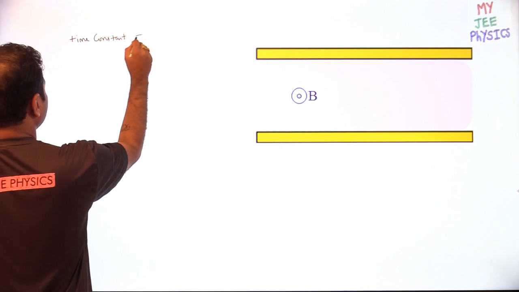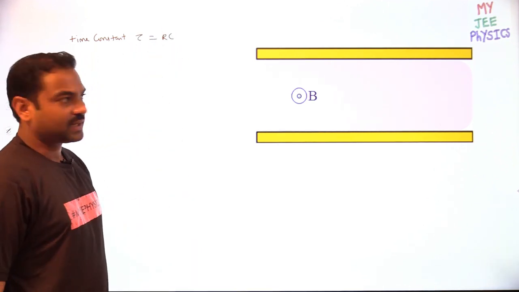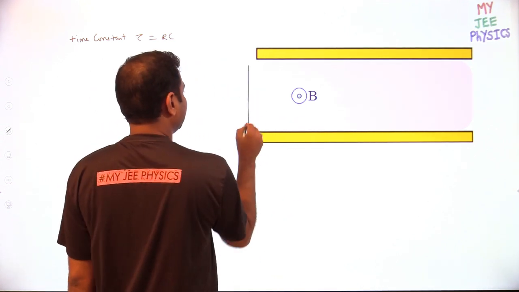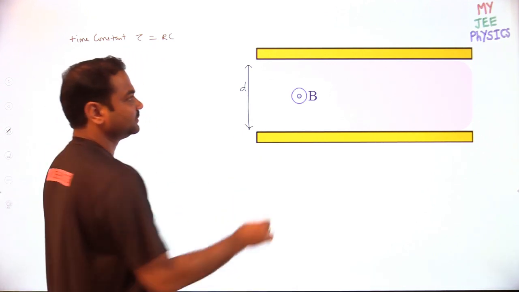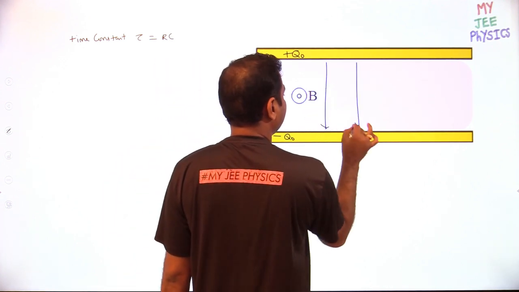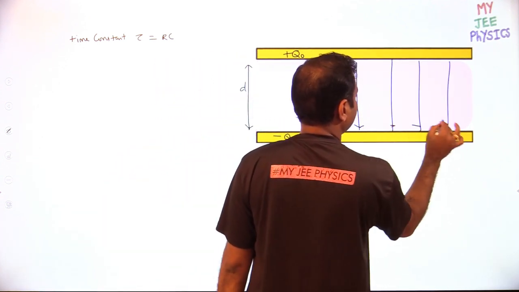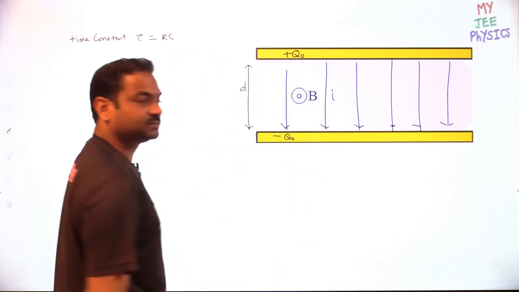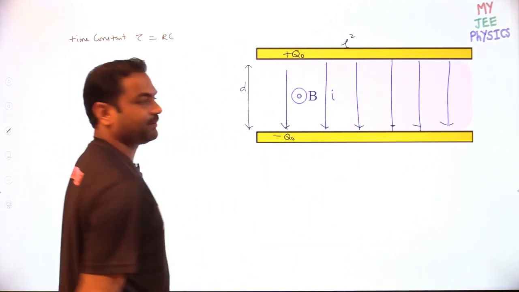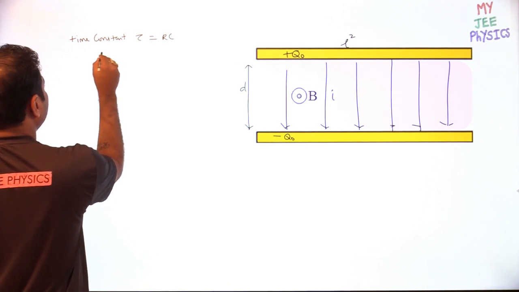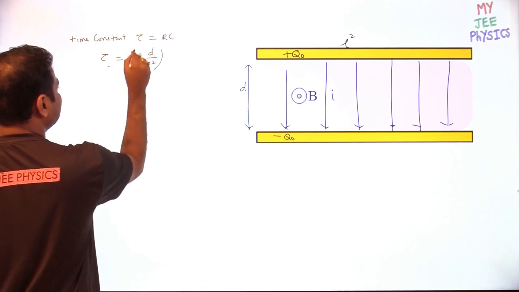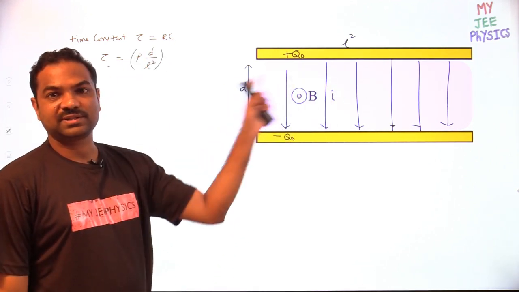We have one diagram here, which is usually an RC circuit. Now this entire dielectric will act as a resistor. What is the length through which current is passing? D is the length. It has plus Q naught charge initially on one plate and minus Q naught on the other, so there will be a current from the positive plate to the negative plate throughout the dielectric. Across what length is current passing? D. Across what area does current pass? L square. So what is the resistance value? For the time constant, I can write resistance as rho into L by area, that is D by L square, where D is the length and L square is the area.